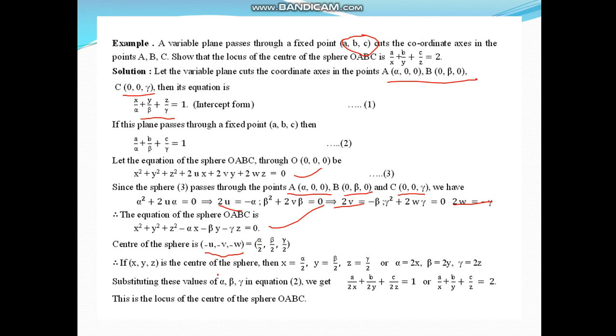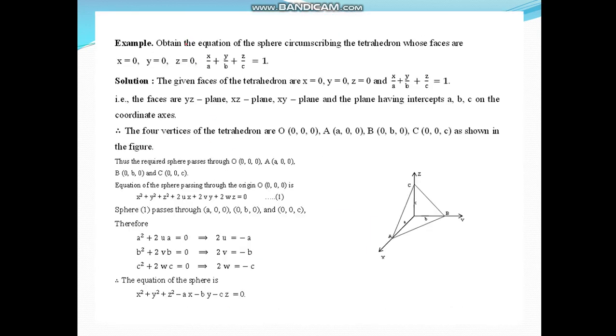If x, y, z are the center of sphere, then x will be this, y is this, z is this. From here we can get alpha, beta, gamma. Now put the value of alpha, beta, gamma in equation number 2. So we will get this result here. So it is our required locus of center of sphere. Then next,